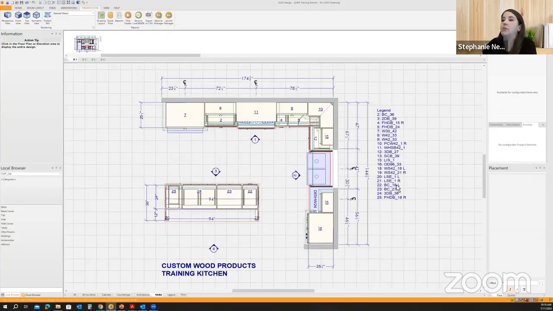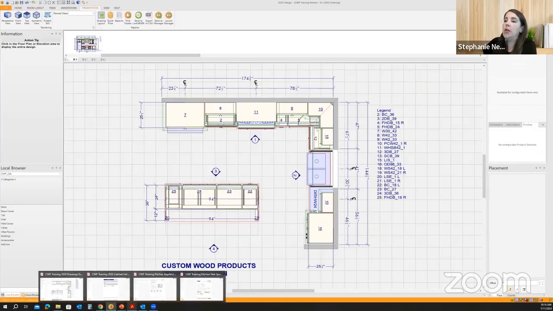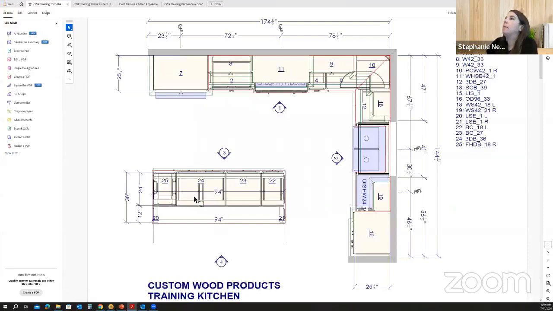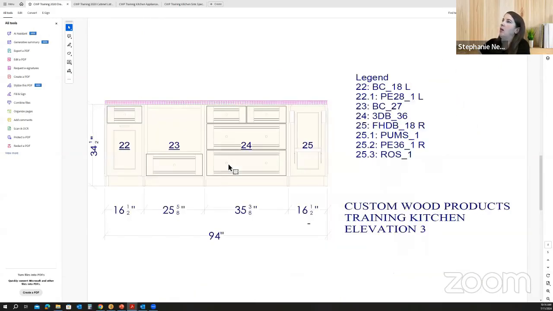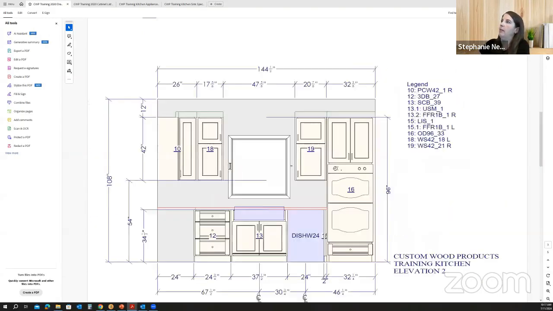So then just to summarize, we talked about going in and creating the partner site styling sections and the rooms as your order header. And then the 2020 documentation: when you go to place the order, what we would want you to attach would be a PDF copy of your drawings, which is going to include that floor plan utilizing the NKBA tab and the legend. This is just a PDF example of what the drawing would look like, so you can see all the pages in the PDF showing the legend